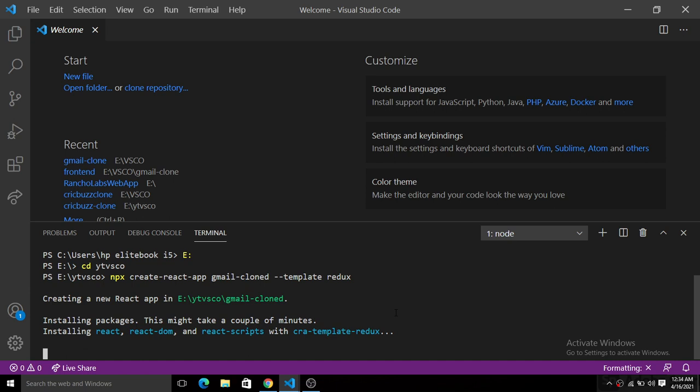Then we will set up our project here, and then we will start coding what we are going to build, right? So that's it for this part. We will meet in the next part, where we will install all the dependencies that we are going to use to build this application.